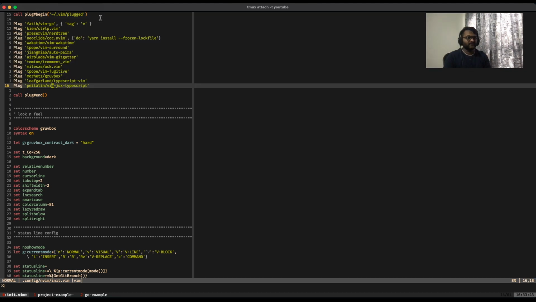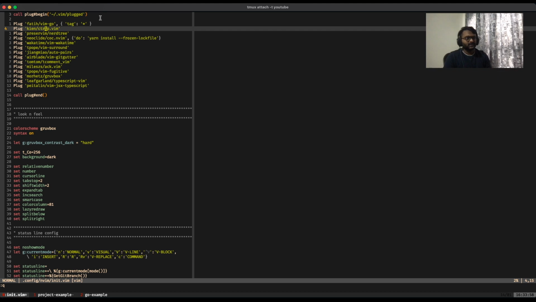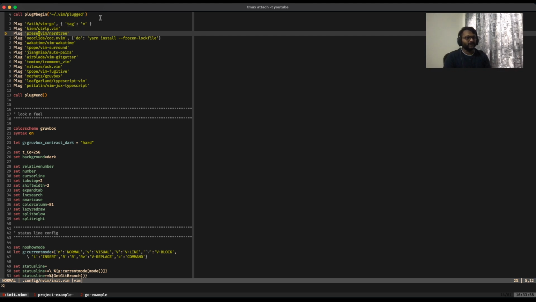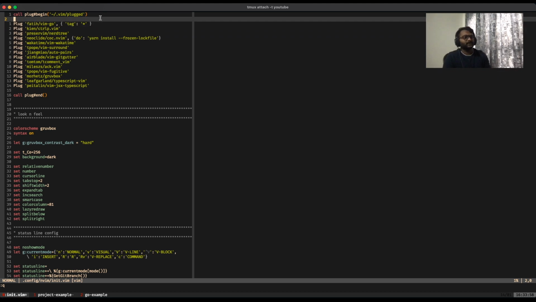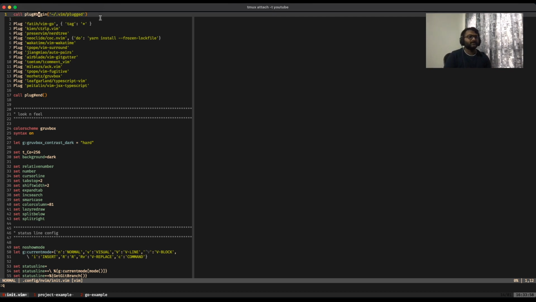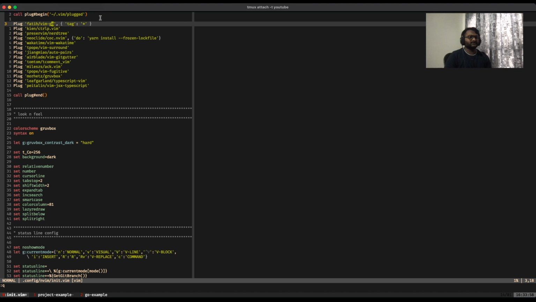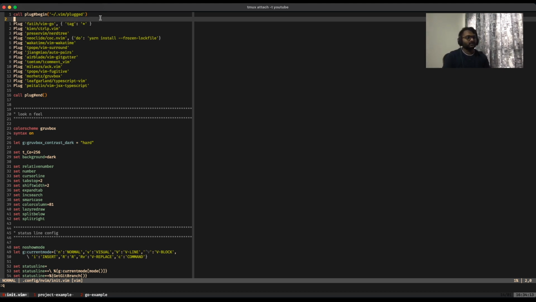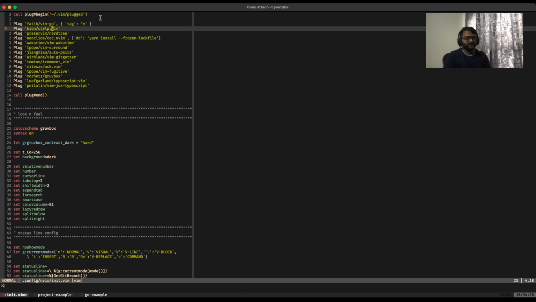These are all basically Git repo names. So you just say plug and the Git repo name, and then it installs that plugin. This is a pretty common plugin manager used for NeoVim. The first plugin you see here is VimGo, which is for syntax highlighting in Go and a bunch of other Go related functionality like formatting the file or running tests or running the file, etc. I'll come to an example of VimGo later. I will move on to the next plugin now.